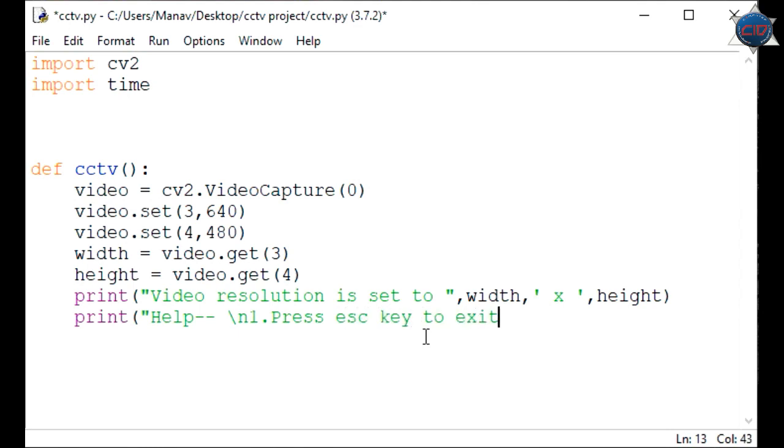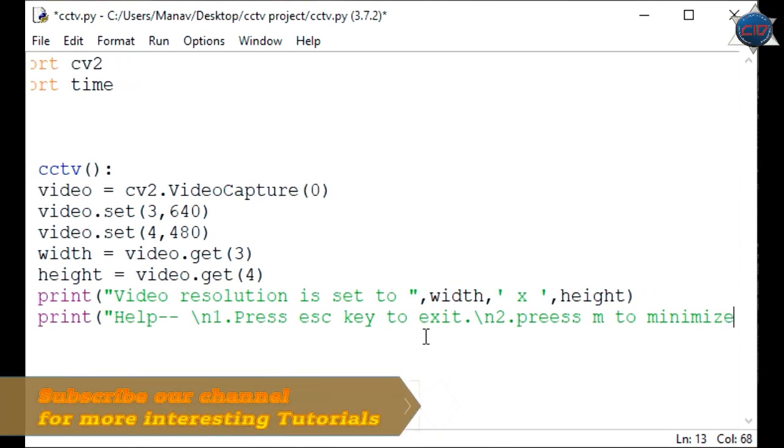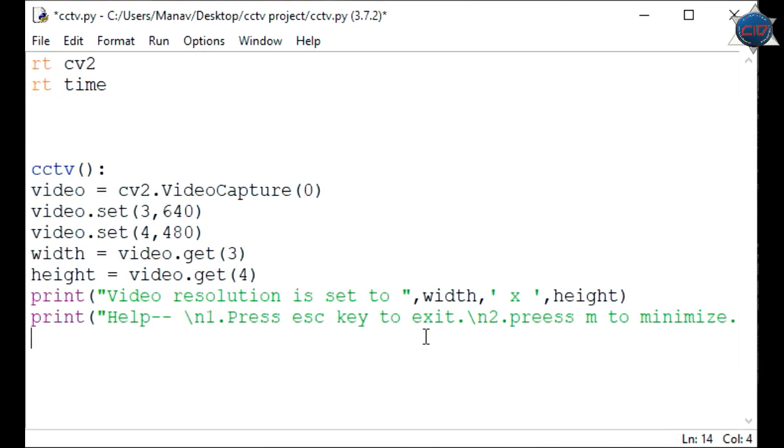Okay, and next I'm passing press M to minimize. I'm just assigning the M key for minimizing our window. Okay, now that's it, we have done some basic things here.